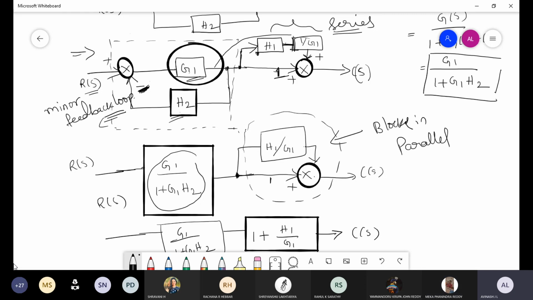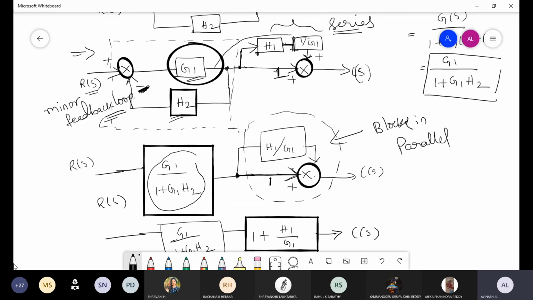So now you see that for this particular block, which are in parallel what I am considering, there is nothing there. So this is just a line. Once it is a line, there is nothing there. What will this line value be? 1. It cannot be 0. If nothing is there, we should consider the line value as 1. Clear? Yes, sir.